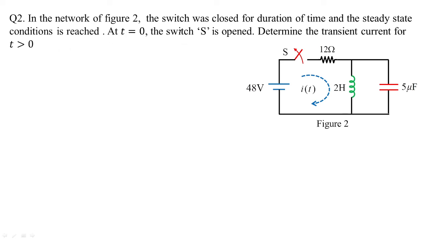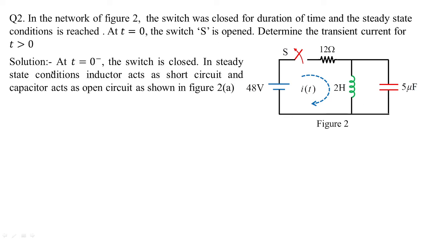So in this figure, it is shown that the switch was closed for a long duration of time. That means the steady state conditions have been reached, the behavior of the capacitor and the inductor in steady state, and then the switch is opened. At that instant of time, what is the current and voltage across these passive elements? That is our interest. So we'll start with the solution at t equal to 0 minus, that is before